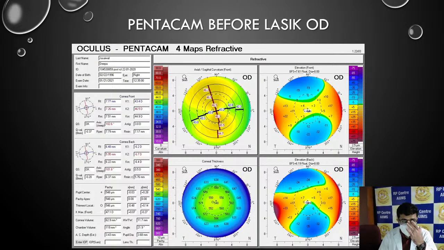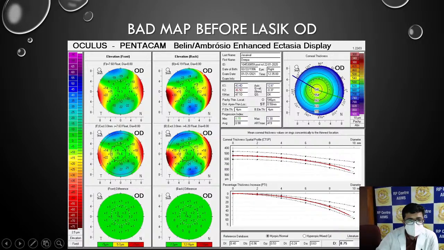So this was the Pentacam pre-LASIK, where you can see the steeper axis was 46 and 43 in the horizontal one, and the axis was 102 degrees, and it is with the rule astigmatism. The pachymetry at the apex was 548, and the anterior, front and back elevations were within normal limit. And this was the BAD map of the right eye, and you can see both front and back difference were within normal limit, and the D value was 0.75.